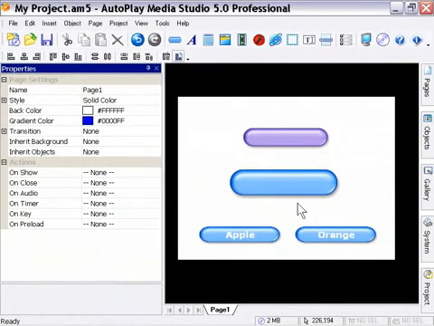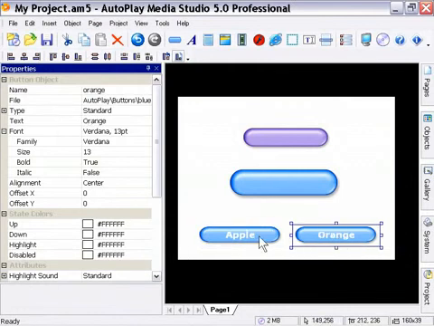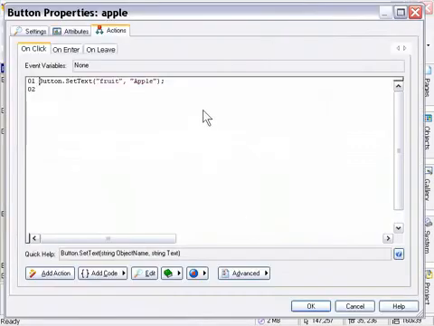Now we may as well just use our same demo page that we have laid out here and actually adapt it to do a couple other things. Now why don't we go ahead on our Apple button and we will add an action here that's going to make our purple button disappear, and on our orange button we will add an action to make it reappear. So we'll go onto our Apple button, double click it. Now we want to click in this empty line number 2